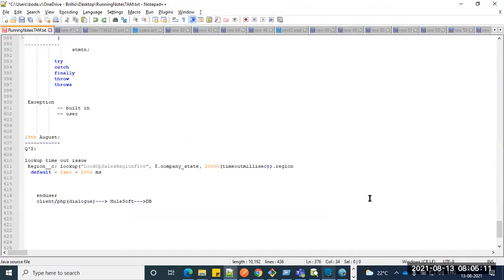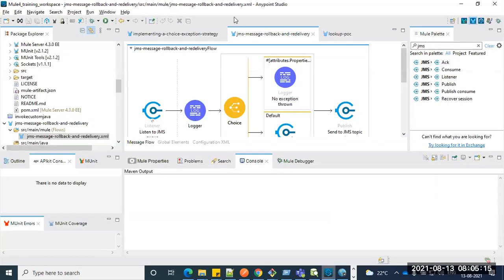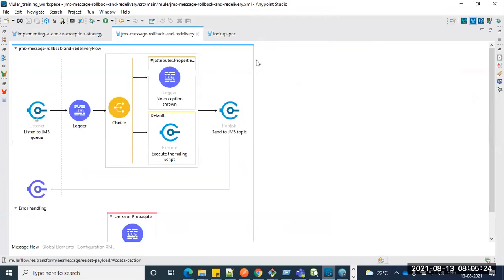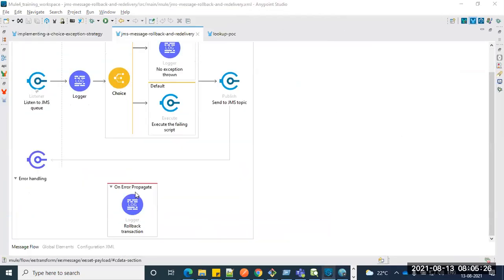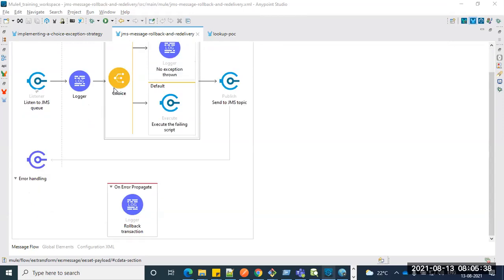Error handling part, right? Do we have any more questions, or are we done with that? Sorry, not clear, Krishna. The error handling part, are we done with that, or do we have more sessions? No, we are still discussing part of the error handling only. We're done with try block and on error continue. We are discussing the JMS mechanism only.